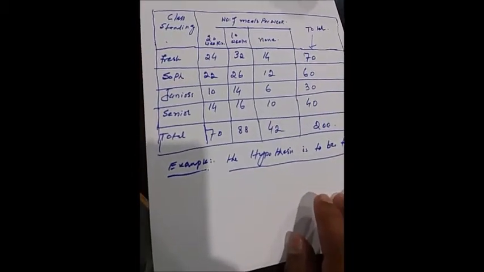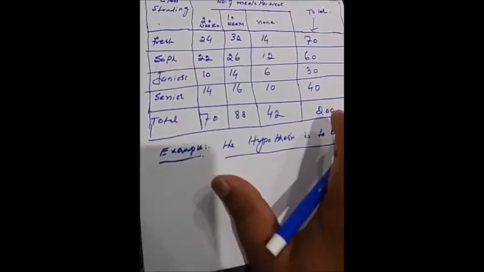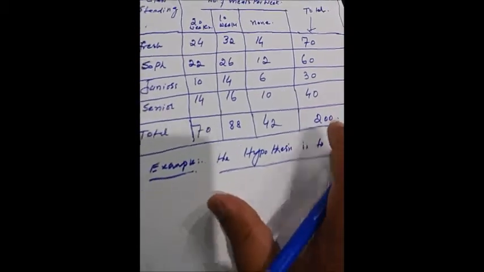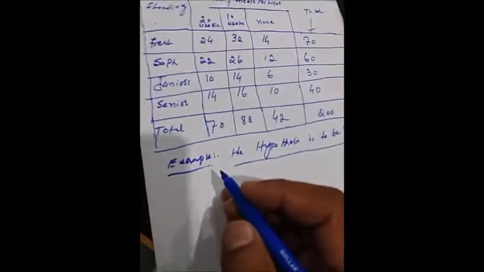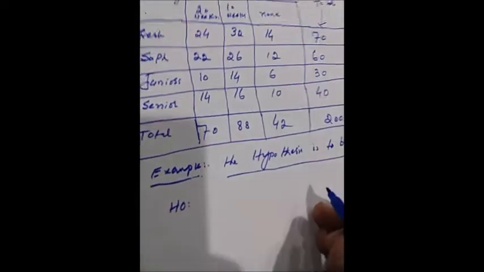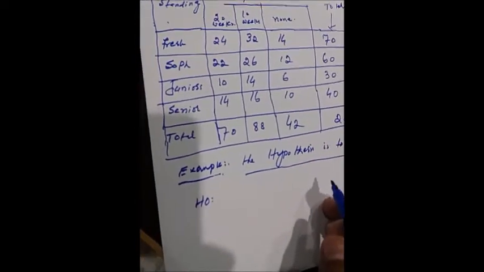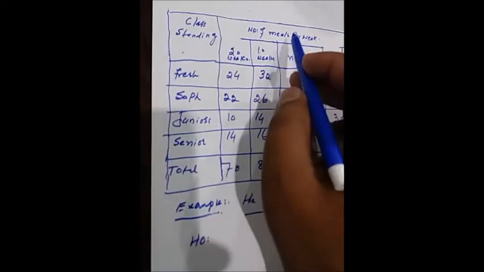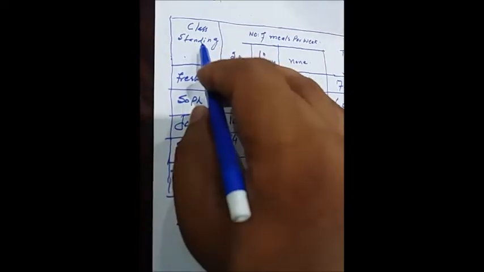By checking the relationship, we have to test the hypothesis. So we have two kinds of hypothesis. One is a null hypothesis and the other is an alternative hypothesis. So the null hypothesis says that meal plan and class standing